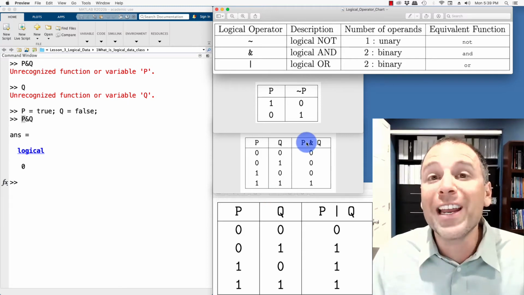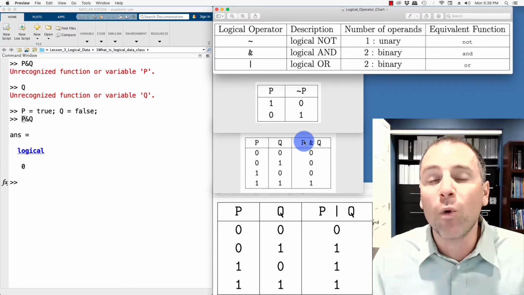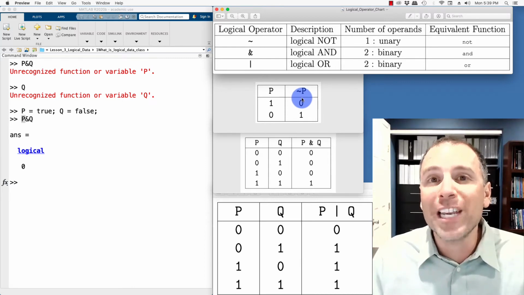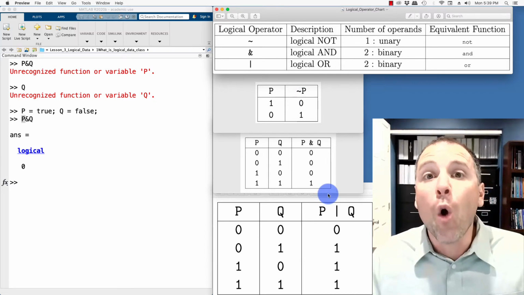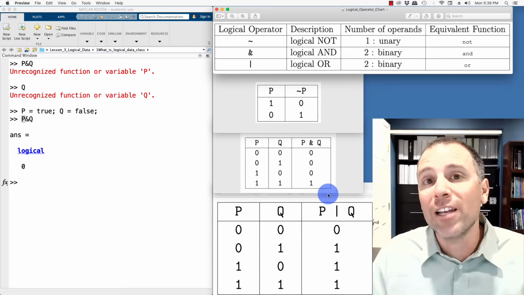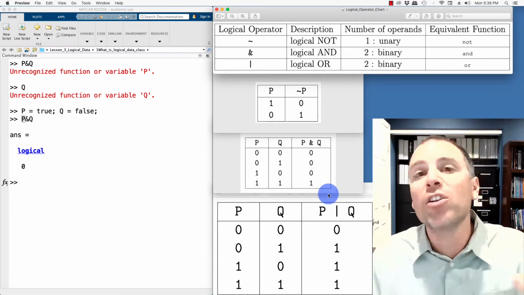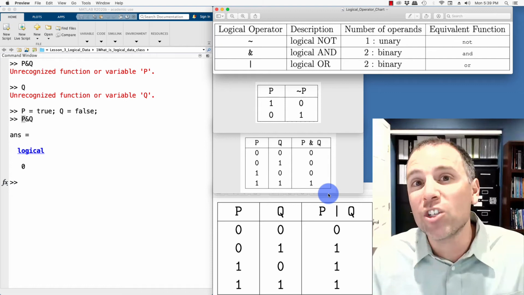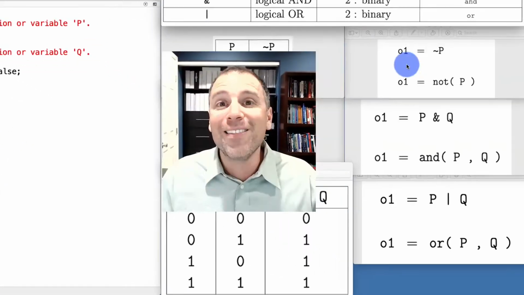In other words, when we're looking at the form of an operation, there are a few different features to be aware of. Number one, how many different inputs does that operation have? Number two, where are those inputs located? Number three, what is the truth value assigned to the operation with respect to the truth values of the components or the inputs to that operation? Let's go step by step.